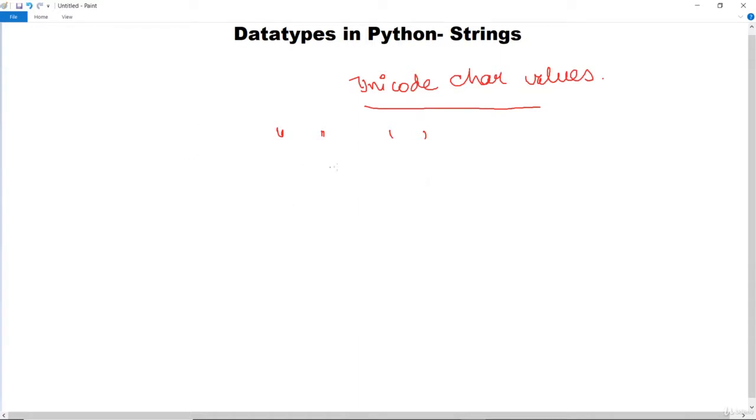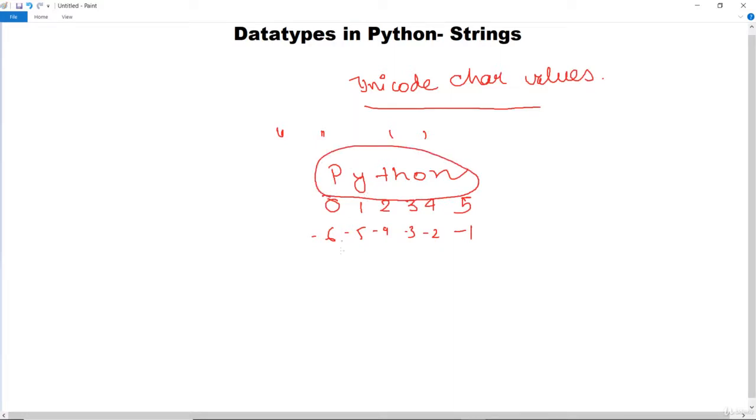For example, take the string Python. The index begins at 0, 1, 2, 3, 4 and 5, and if I am fetching from the end of the string, it starts with -1, -2, -3, -4, -5 and -6. So this is how indexing is used, and if you want to access any particular value of the string, you have to use the indexes and square brackets.